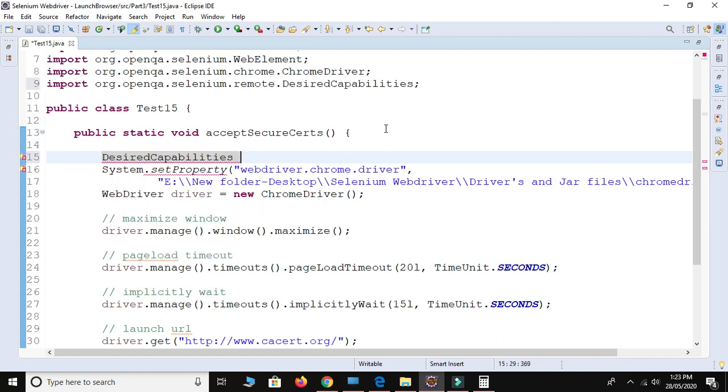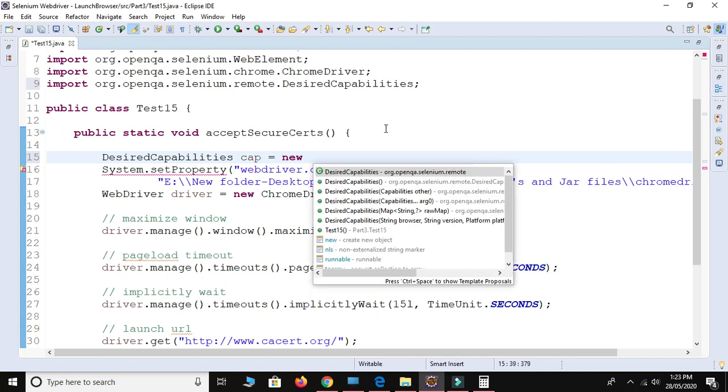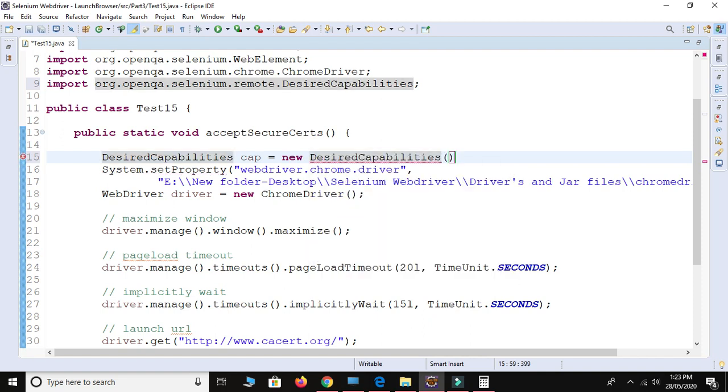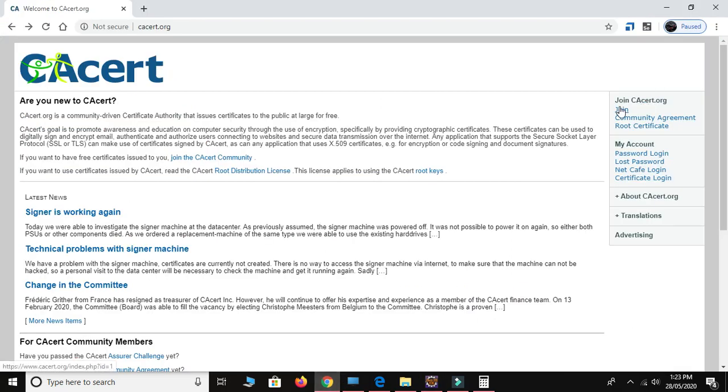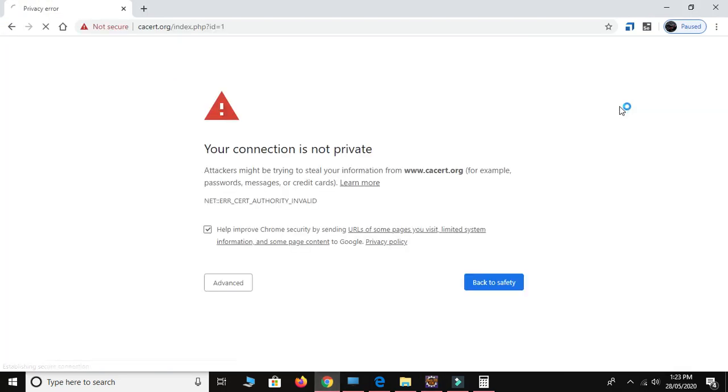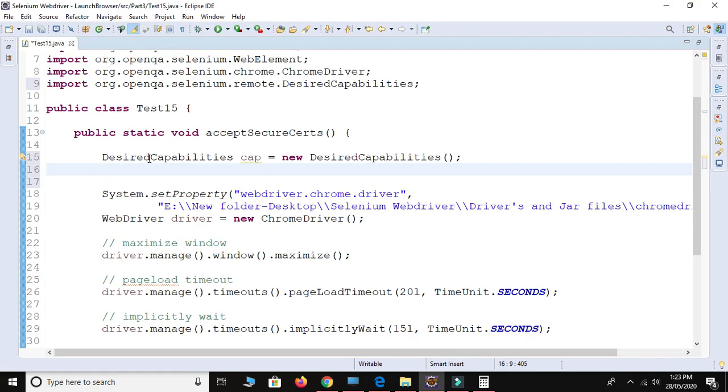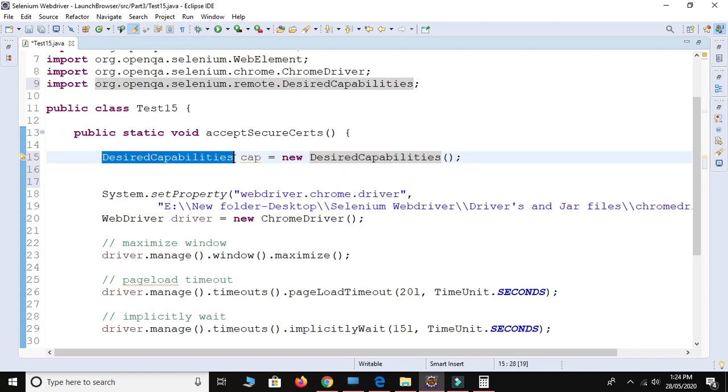DesiredCapabilities cap is equal to new DesiredCapabilities. It means we are going to set some capabilities for our browser, because our browser is not able to handle this type of certificate issue as of now. So to handle such type of issue we need to set some capabilities by using this DesiredCapabilities class.